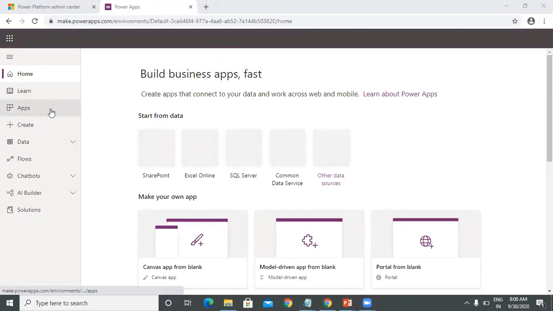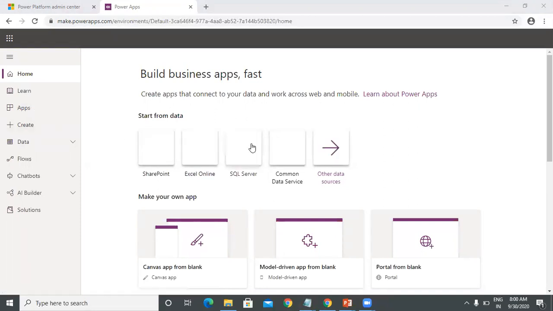Once you sign into powerapps.com, you can see all the apps on the home screen.